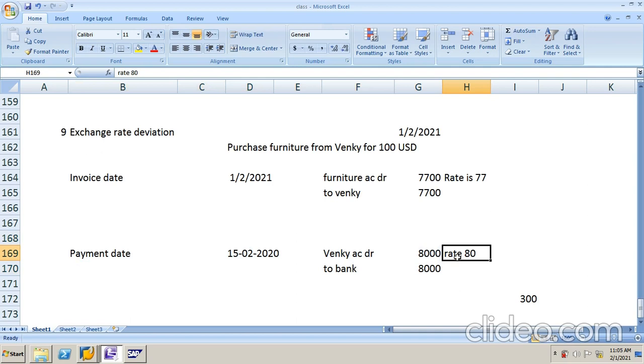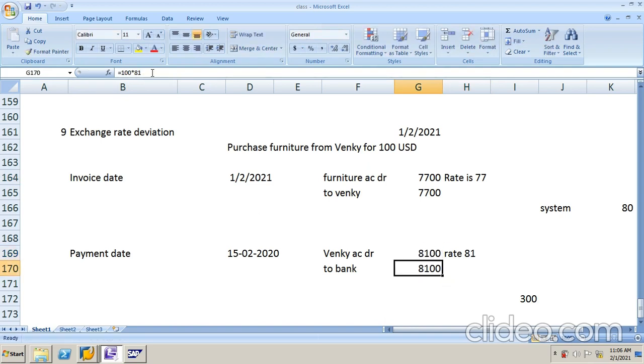given the exchange rate 80. In the system also there is a system exchange rate, which is the default; automatically, as per the program, the system will take the exchange rate. But here manually we are giving the exchange rate. Suppose we give a small difference: instead of 80, if I give 81, then automatically this comes under 81.